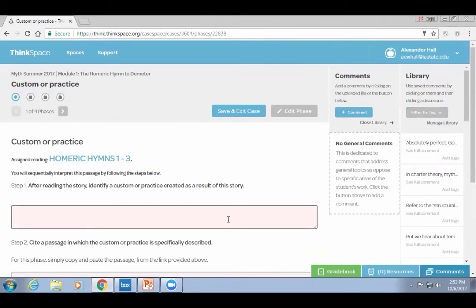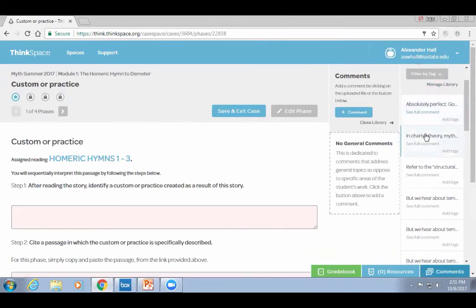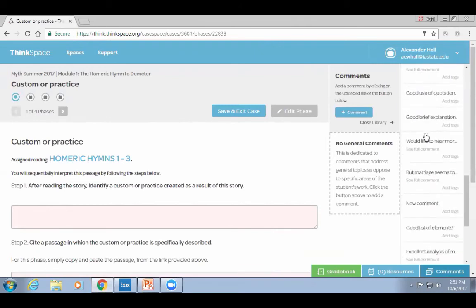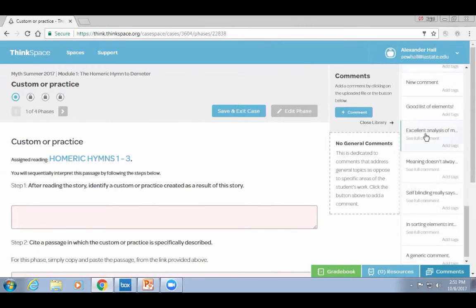And so I was very excited when you told me that one of the features built right into ThinkSpace is not just providing phase-by-phase comments, but a comment library. So if there are particular comments that you give frequently, and as any of you who have graded papers or taught any sort of process learning know, the same problems recur from student to student. One of the advantages of being face-to-face is one person raising their hand asks the question, you've answered it for all of them. Well, it can happen online, but with a comment library, if there is something that I find myself saying again and again,